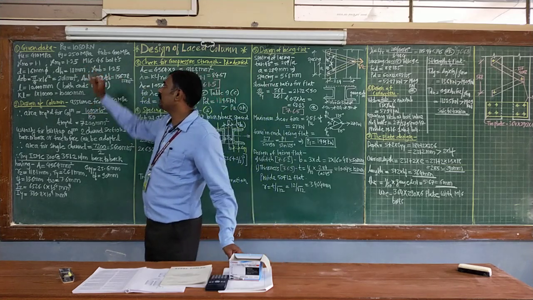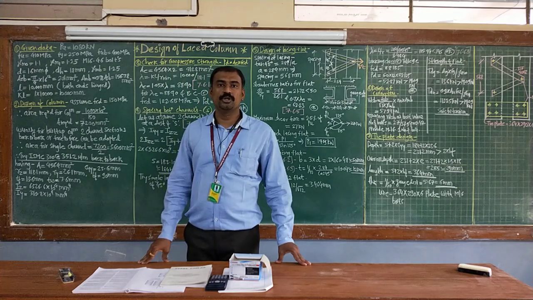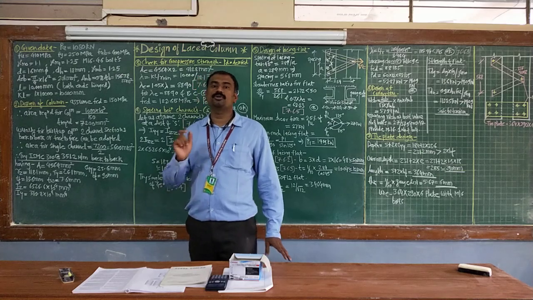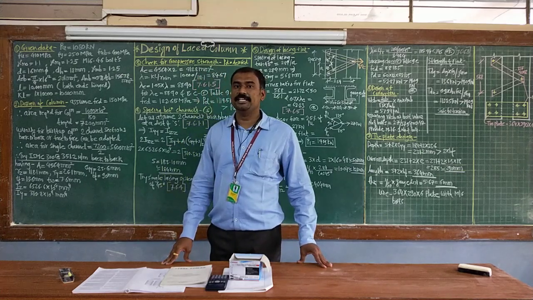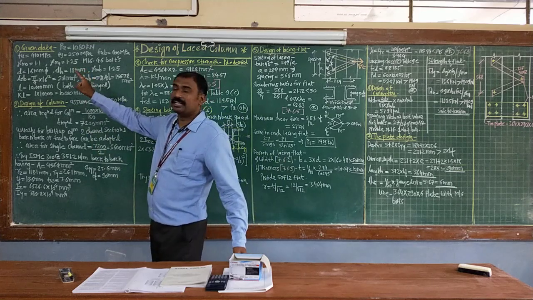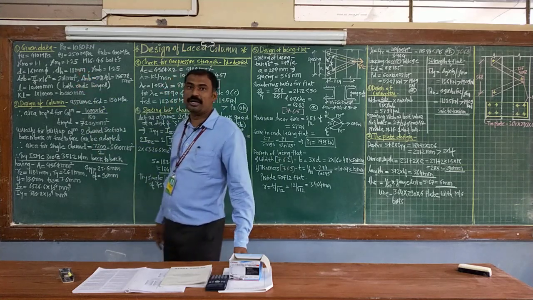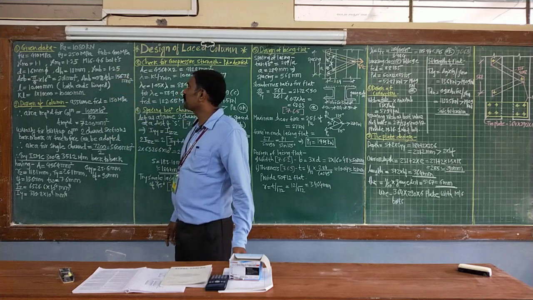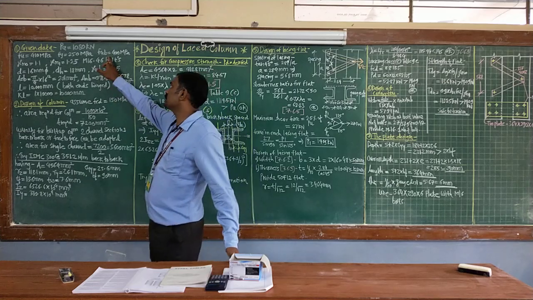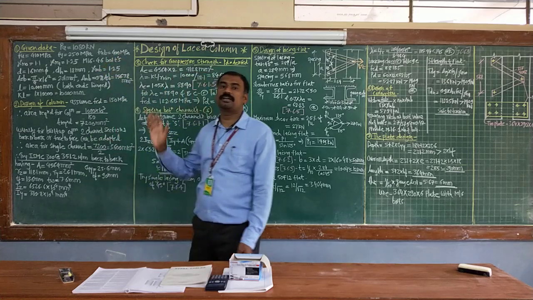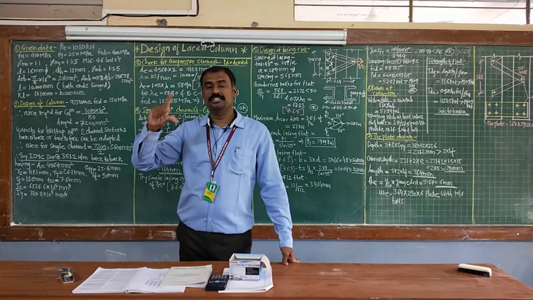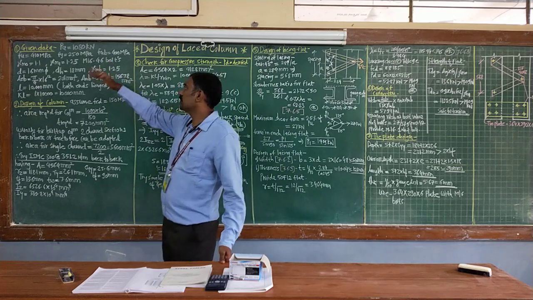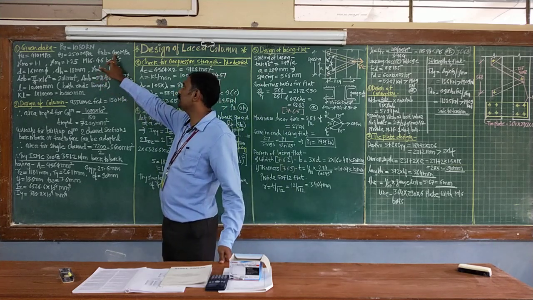Initially the given data: a load of 1080 kilonewton is acting on a built-up column. So you need to design a built-up column to carry a load of 1080 kilonewtons, correct? Then the ultimate strength of your steel is 410 MPa. Yield strength of your steel is given as 250, which we adopt for every problem. Ultimate strength of bolt is 400 MPa. Usually, if this value is not mentioned, you refer to the instructions given at the top page of your question paper. Here it is for 4.6 grade, 400 MPa.